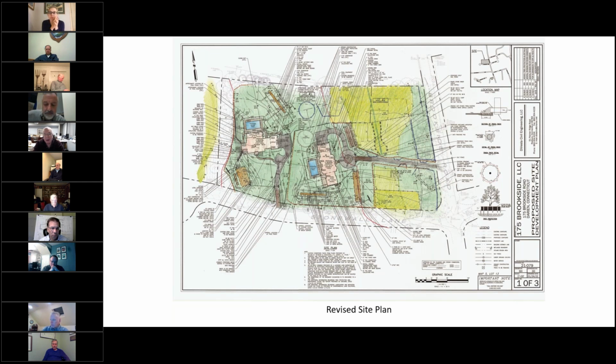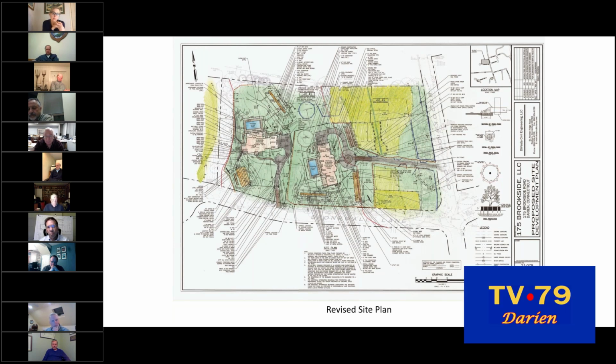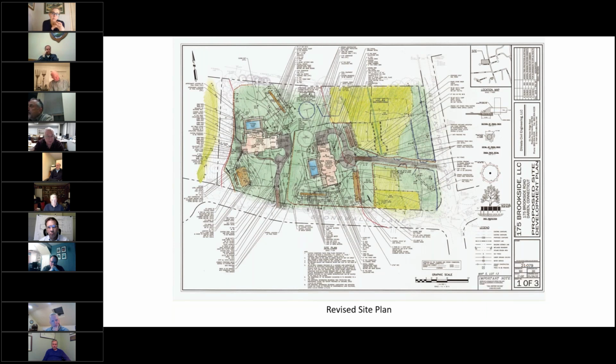And now there'll be an external trash rack, a basin at the opening for stuff to fall out, a maintenance plan. This is all going to work, I think, fine. And I think we have a good application at this point. We've done some pretty significant improvements. The other thing I'd like to ask, Mr. Chairman, is